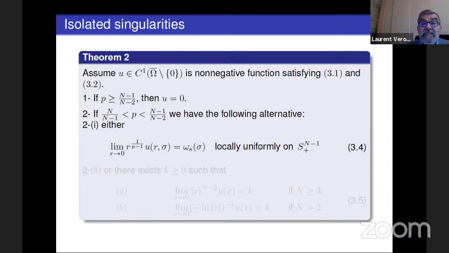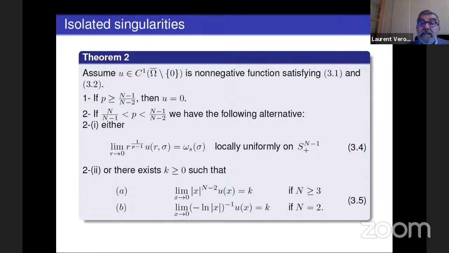In that case, when there exists a singularity, either the solution satisfies that the limit of r to the 1/(p-1) times u of (r, sigma) is omega of sigma. Remember, omega of sigma is a positive solution of the nonlinear problem on the half sphere. Either it satisfies this, or